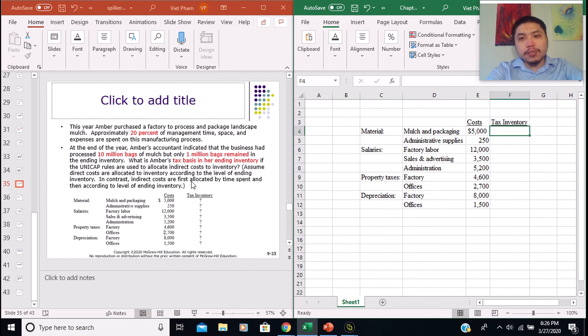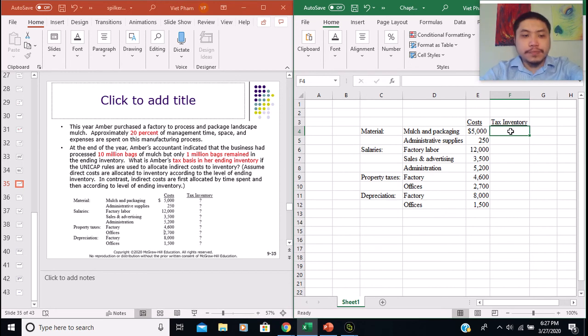First of all, mulch and packaging. This should be a direct cost, so we use the ending inventory level to allocate that. Because the question is asking what is the business owner's tax basis in the ending inventory,